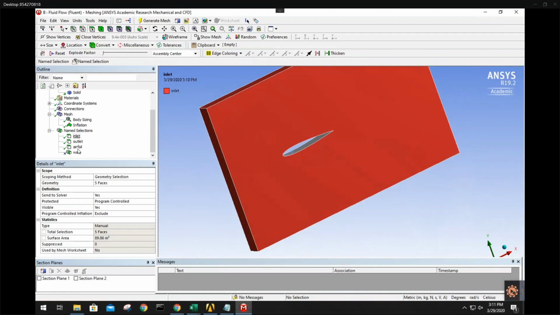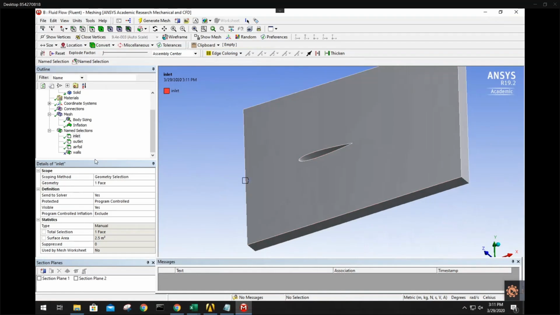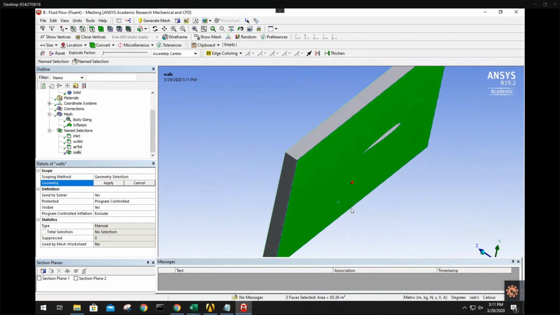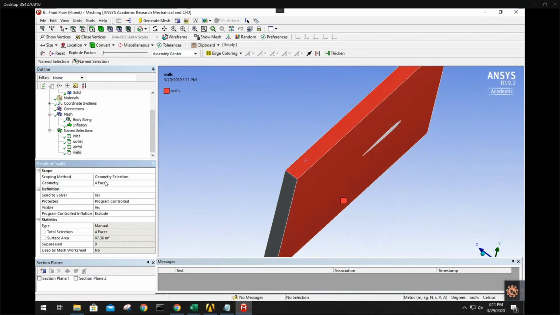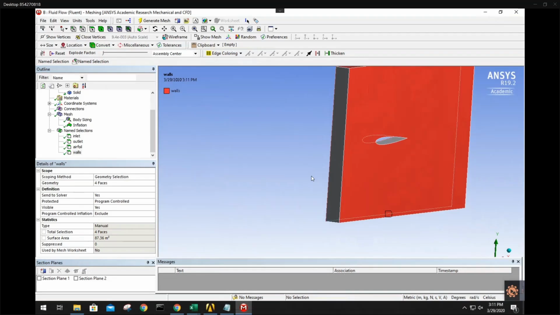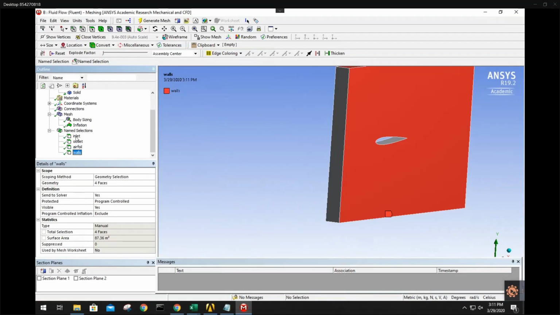Actually, sure, I'll change it. And in the case this doesn't work, I'm gonna simply set these walls to be a velocity inlet. Because if I set these walls to be a velocity inlet or a pressure far field, it basically acts like the walls are an infinitely far distance, with the exact same value as the inlet. So inlet,